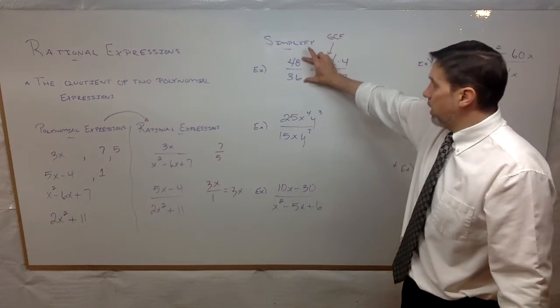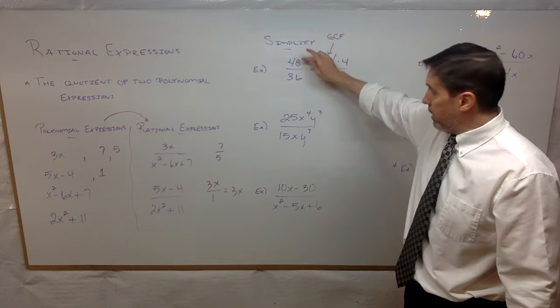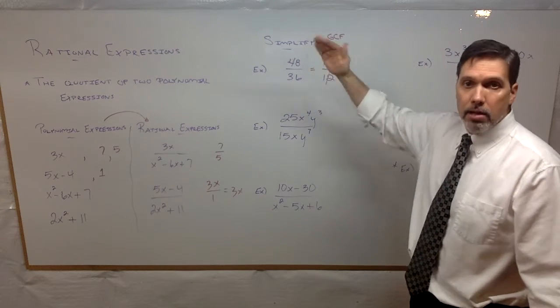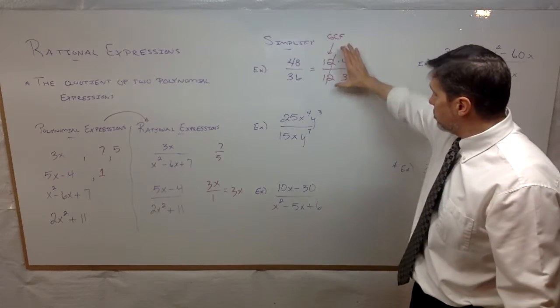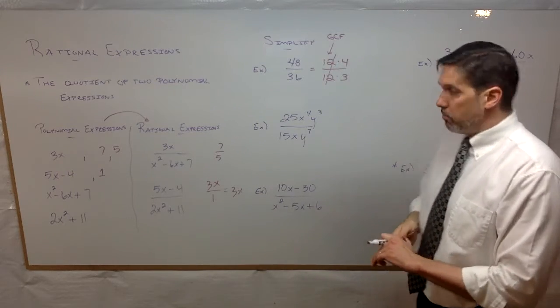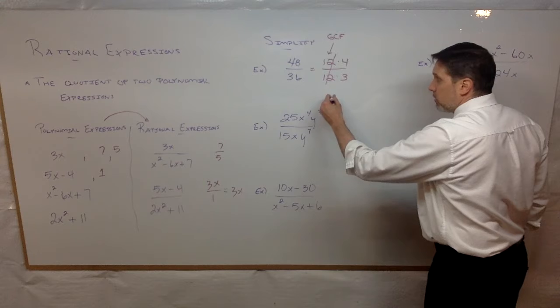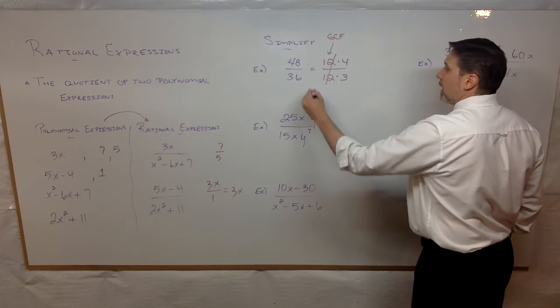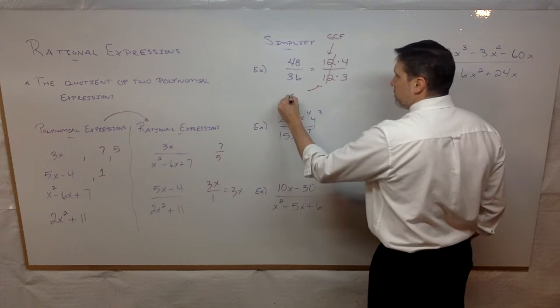I mean, if we would have said, okay, well, 2 goes into both of those and make this 24 over 18, but you'd have to keep going. That's why I chose the GCF. It can be done in one move. So canceling out the 12s, because those are a common factor,